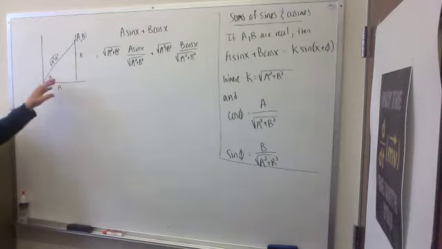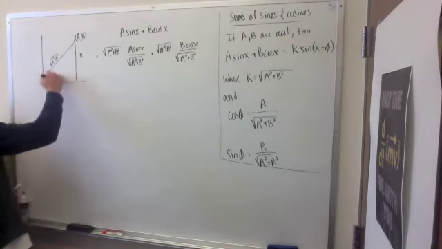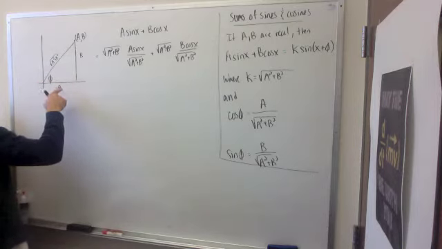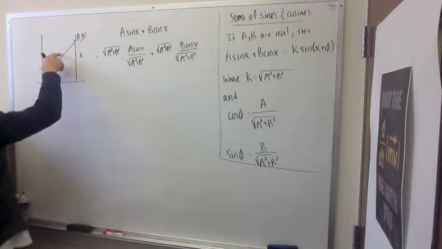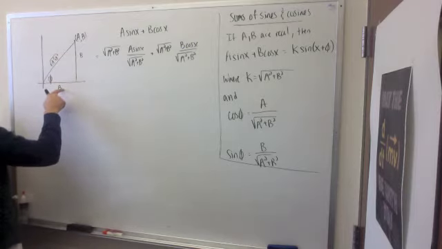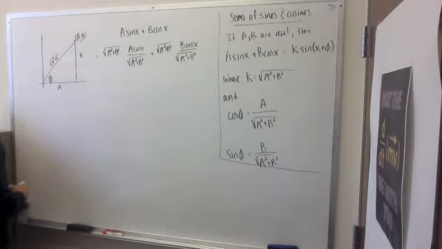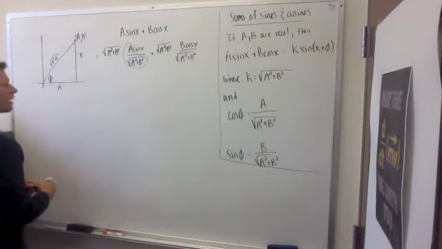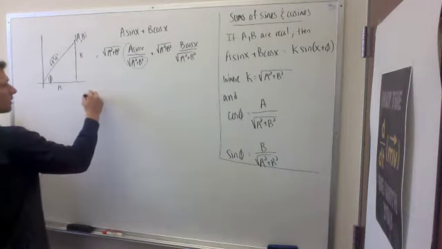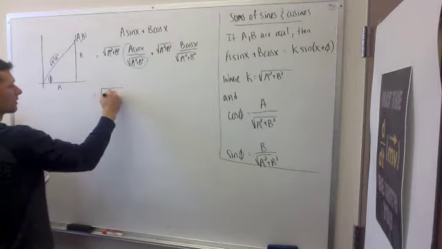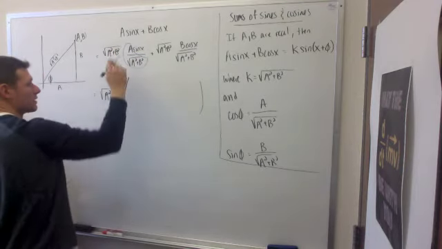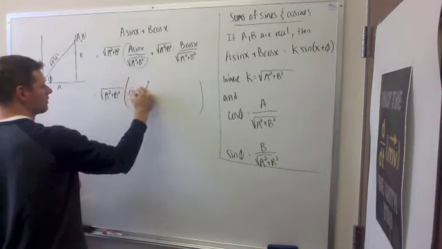I want you to note that if I look at, say, cosine of this angle, this is some angle phi, okay? If I look at cosine of this, cosine is adjacent over hypotenuse. So cosine of phi is A over that guy, square root of A squared plus B squared. So this right here is really cosine of phi. So this is going to equal, if I factor out the square root of A squared plus B squared from both terms, right? Take this out from both terms. This right here, that's cosine of phi